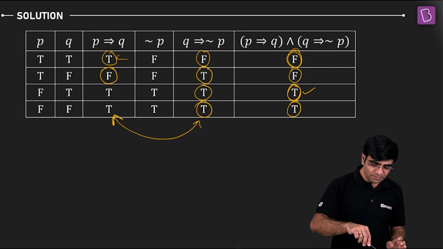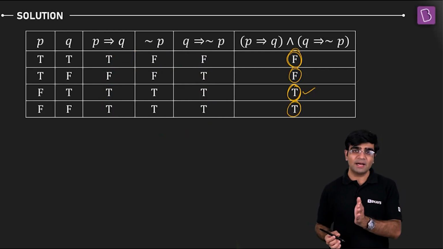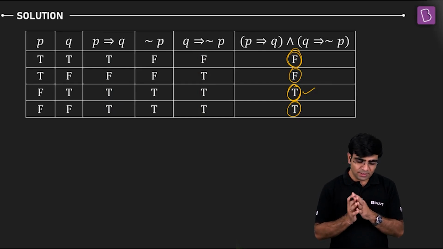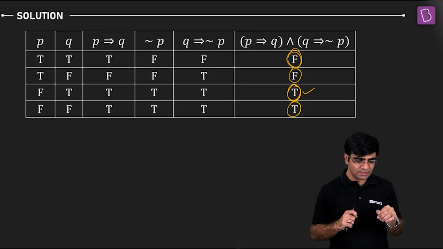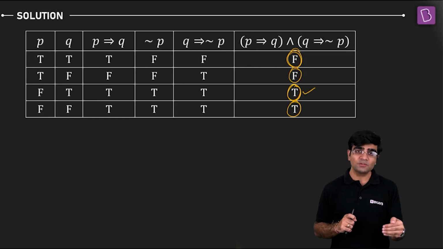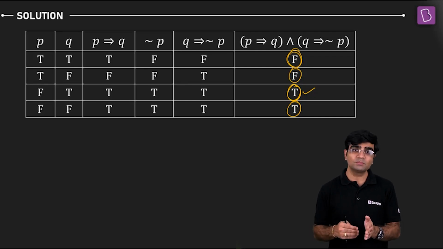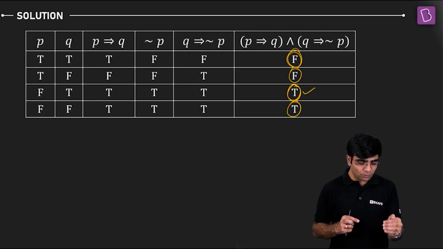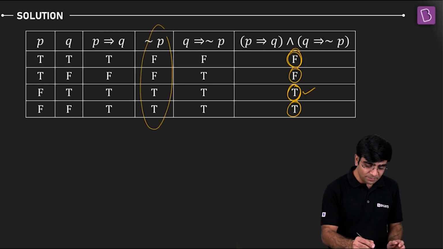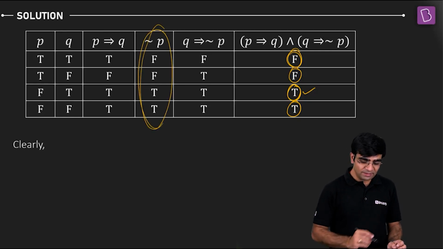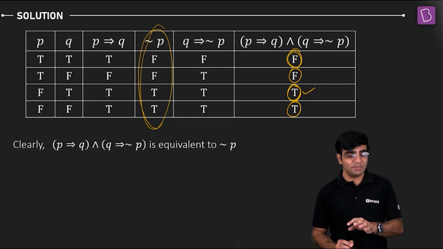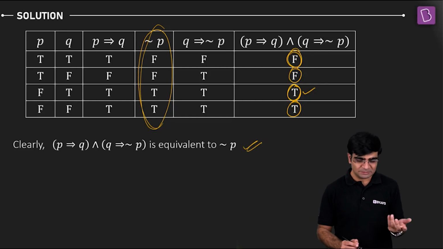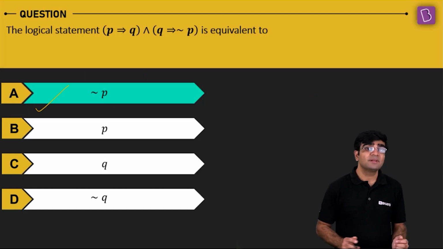Now, I'm ignoring all these results. Just see the last column, we have F, F, T, T. Compare it with P, Q, negation P, negation Q. Quickly check that. P is true, true, false, false, but the resultant is false, false, true, true, just the reverse of that. Q is true, false, not matching. Negation P, false, false, true, true. Oh, this is exactly the same. What does it mean? It means that clearly if P then Q and if Q then negation P is nothing but equal to negation of P. Hence, take option A and you get the answer.